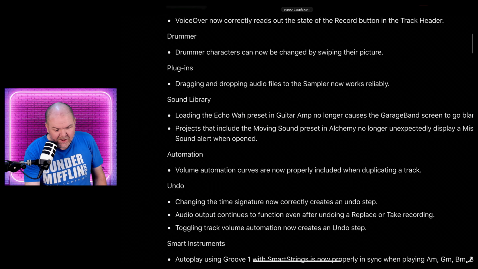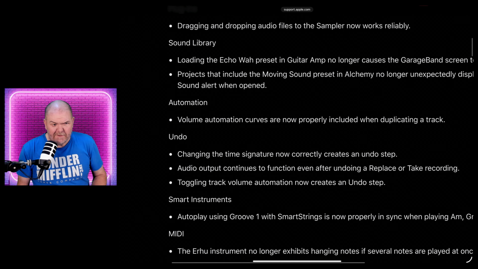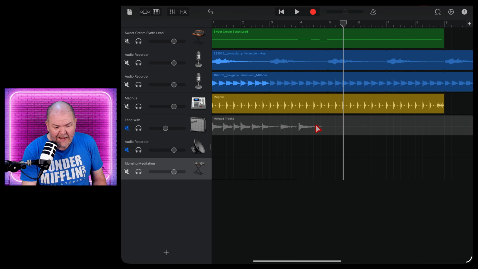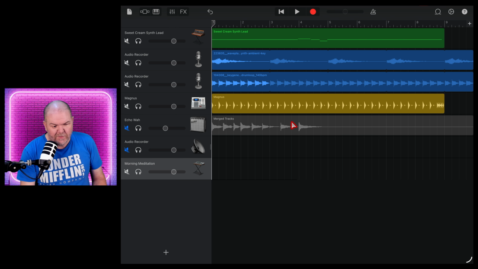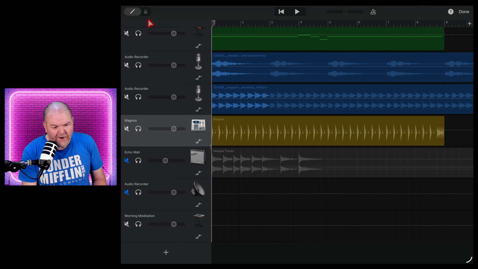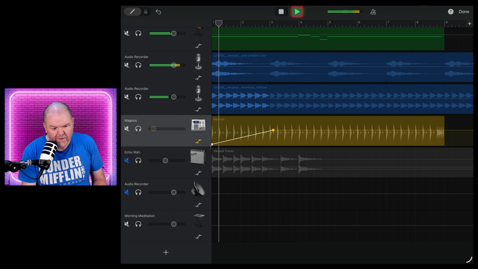That has been fixed. Automation. Automation got some love, and it's in a few different sections, but we'll start here with volume automation. Curves are now properly included when duplicating a track. Hallelujah. So let's say we use some automation to bring Magnus up at the start of this track. We'll go to automation, and we'll add an automation curve by tapping, and we want it to come in by bar 3, and then we will turn that off and pull down the start here. So now when this ramps up,